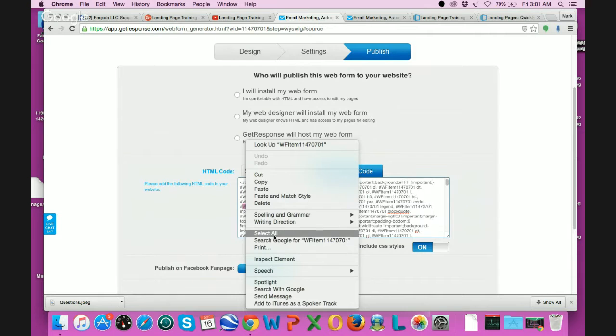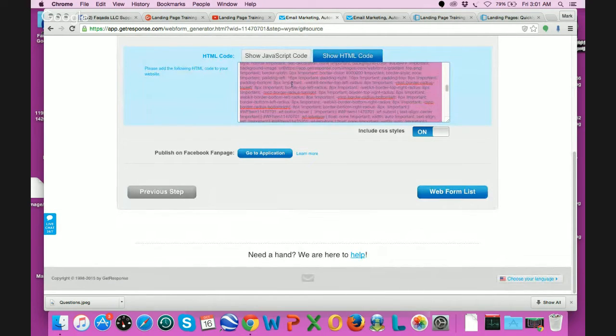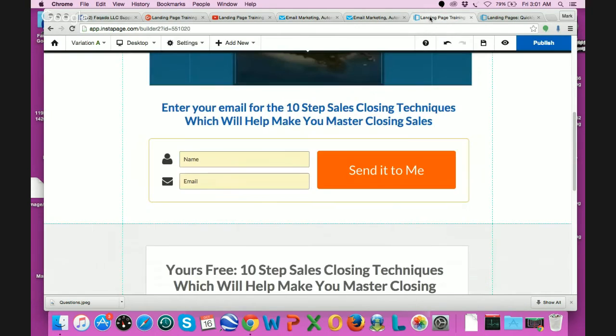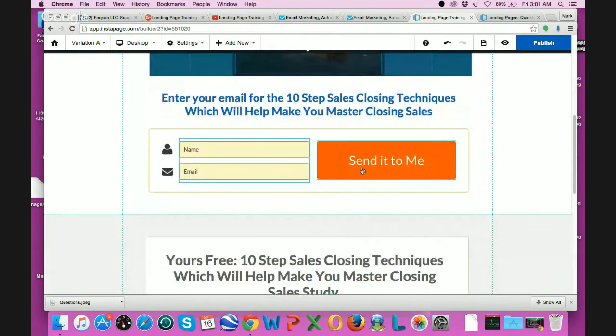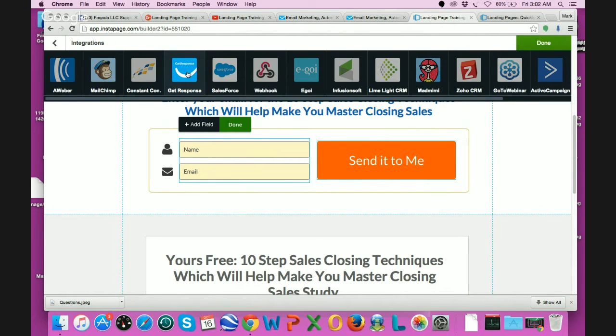Select all. Okay, you want to select all of this code. Copy. Now what you do with that code, once you've copied it, is you go to your form right here that's on this landing page. This is an opt-in form. You click on this side right here, these two little blocks, click on edit, and then you click on integrations, click on get response,